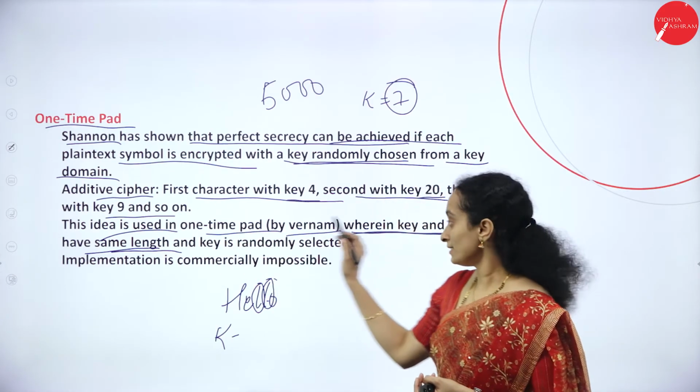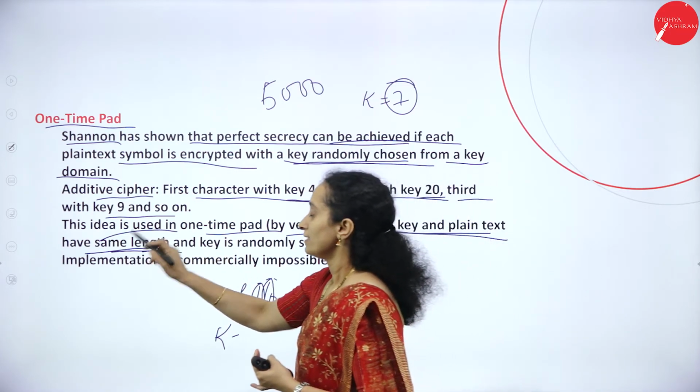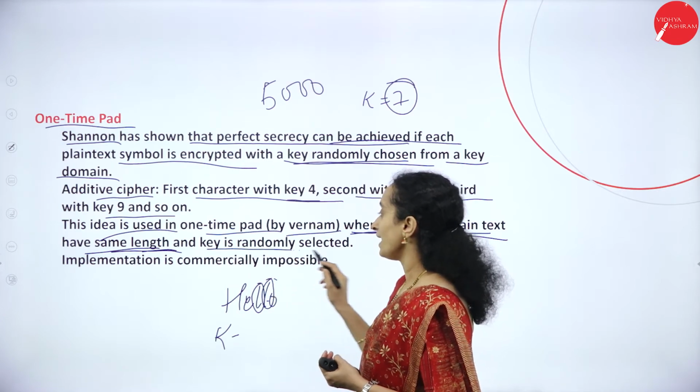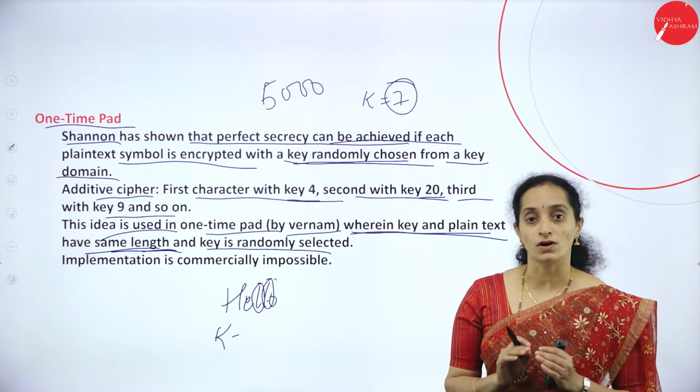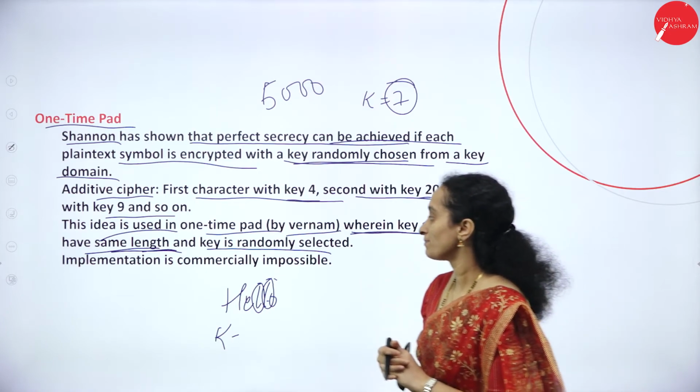What does it suggest? The key and plain text must have the same length, and the key is randomly selected. You must not follow a series, you must randomly select the keys, okay?